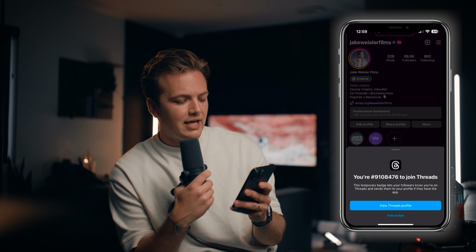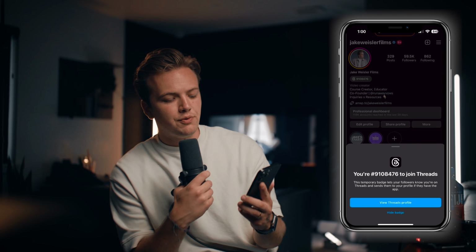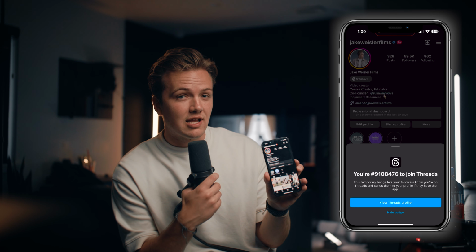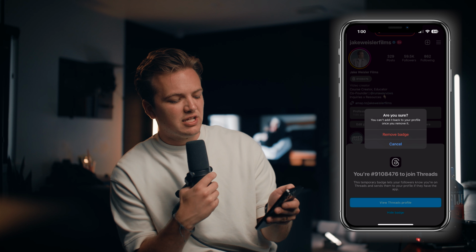I just think after looking at it for a long time, it feels very big and out of place, especially when there's all this dead space on the right side of my profile. Why can't we utilize that space better and have it there? It just feels like a very big bubble.